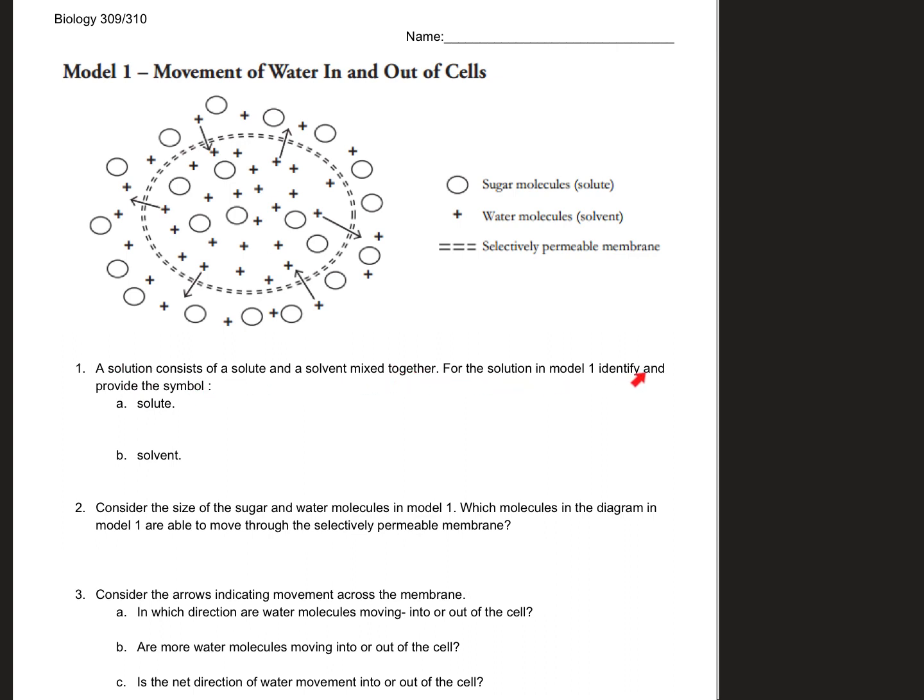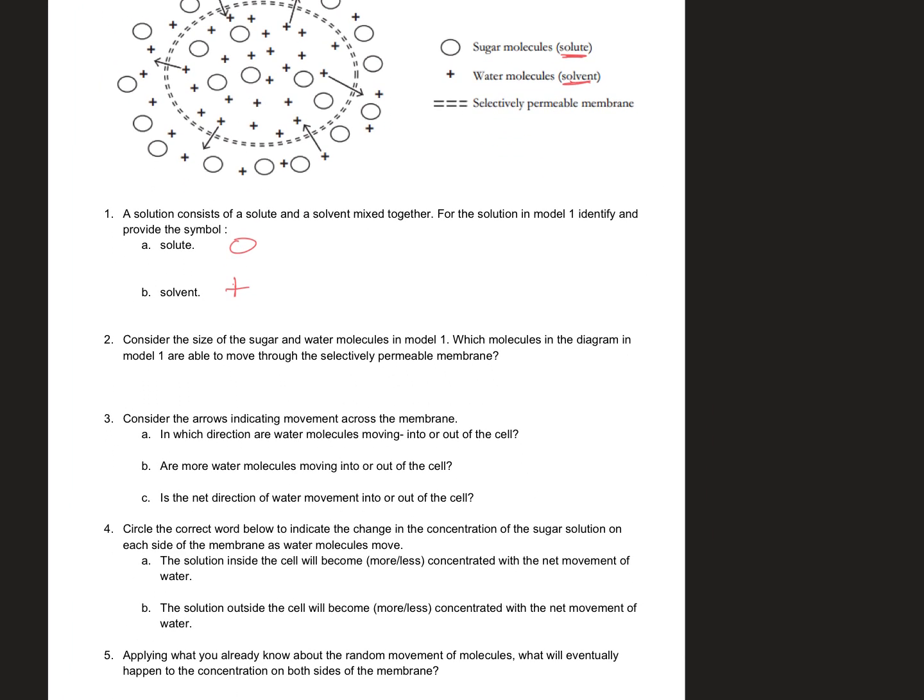For a solution in model 1, identify the symbol for the solute. The solute, I don't know why anyone would get this wrong, is labeled as a circle, and the solvent is water, which has a plus. Consider the size of the sugar molecule and water in model 1. Which molecule in model 1 would move through the selectively permeable membrane? I think it's clear it's going to be water because it's small,